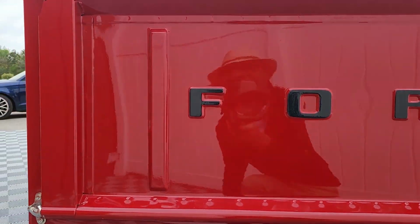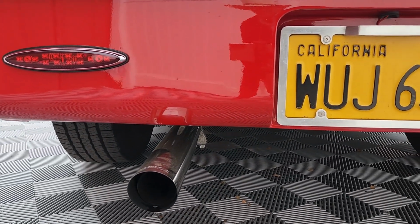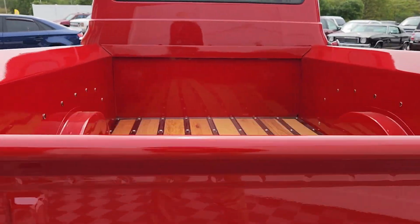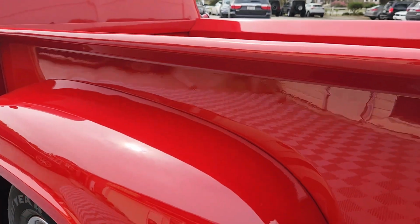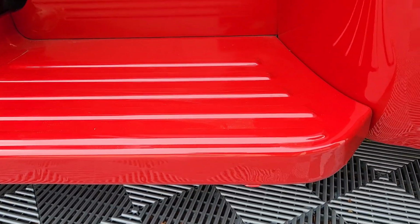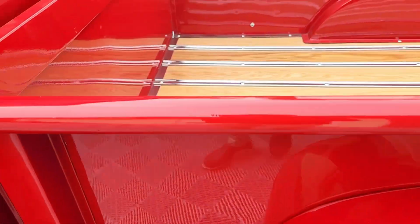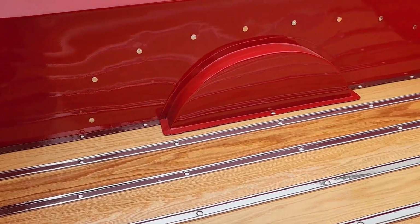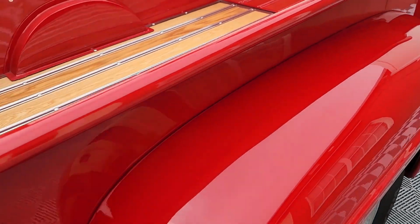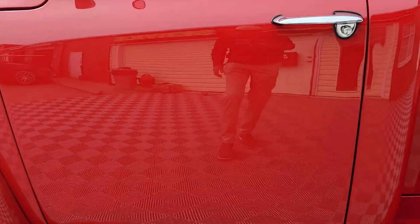This truck. Flowmaster Magnaflow exhaust here in the back, roll pan, LED brake lights. Again, this truck presents as absolutely fresh. 9-inch rear with disc brakes all the way around. Again, trying to take my time so you can take in just how phenomenal the paint and body is on this truck. Not only are the paint and body done so well, this truck is 100% sorted out, meaning we couldn't find anything that needs to be dialed in or redone